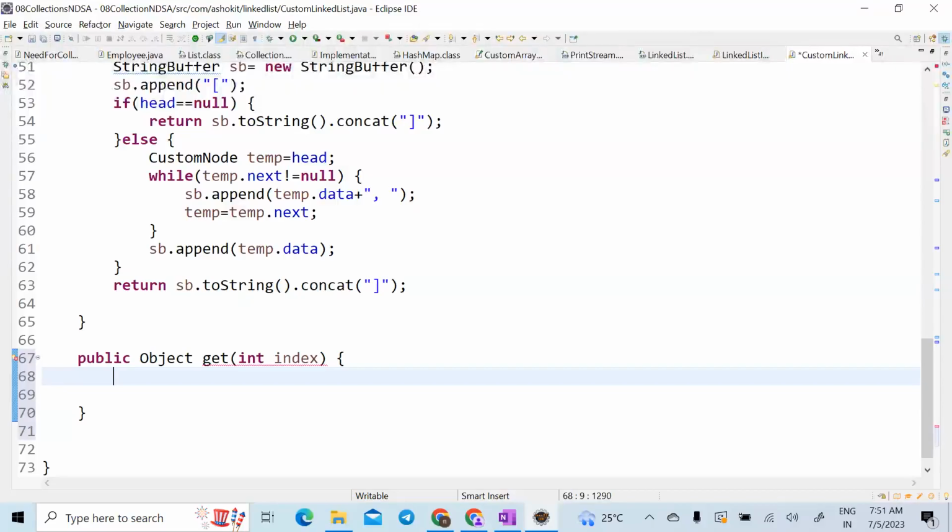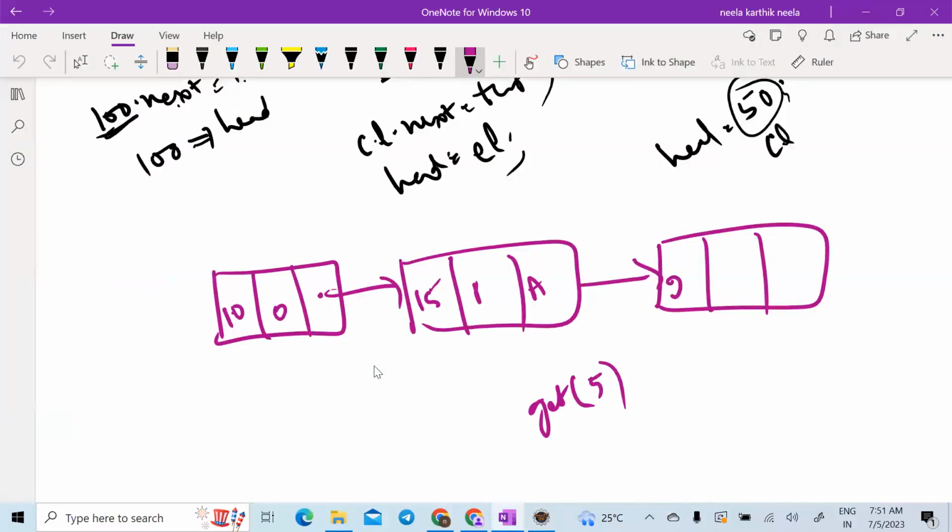For example, I have 3 nodes. So 20, and the index is 2, and some address here, the address of next node is null. Now here, how many indexes are there? 3. So 0, 1, 2, and after adding a value, the index will become 3, correct? Now, if I am trying to access get method followed by 5, what should I do? Exception. Okay. If I give get method followed by 3, what should I do? Exception still, because your index starts with 0, correct? Now, if I give get of -1,